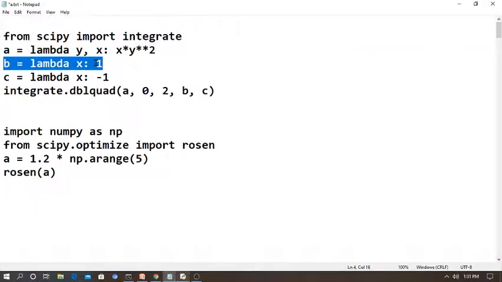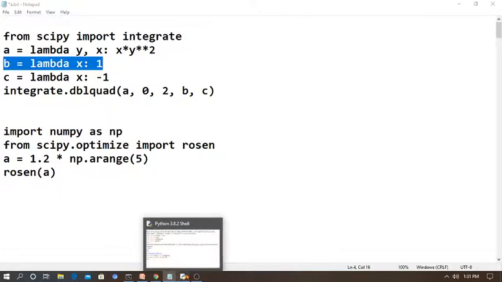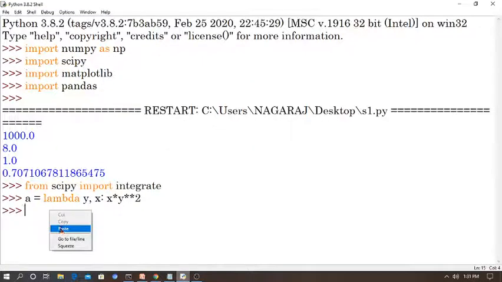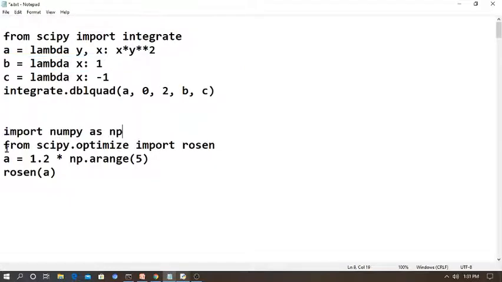Then b, a very simple program to understand better. c is equal to lambda x colon minus 1. We are applying some limit values here.